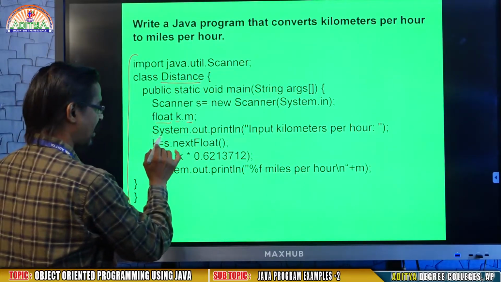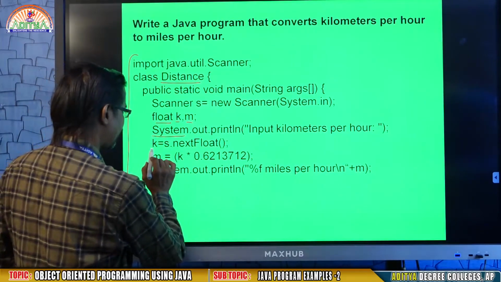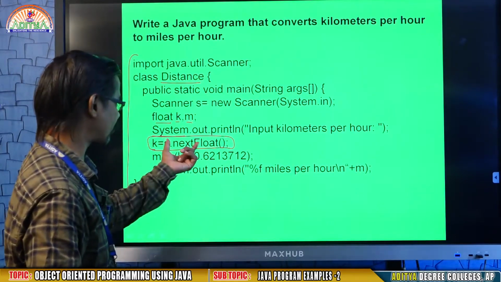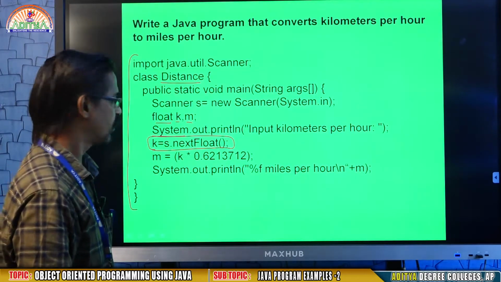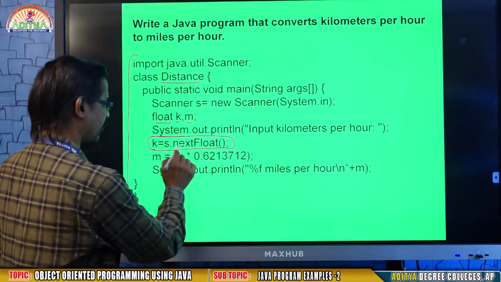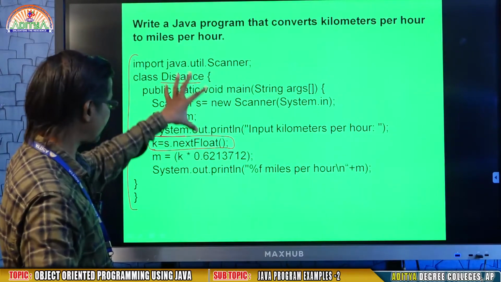These are the identifiers, okay, and the entire line is called a statement, that is the expression statement, okay. This is called the output statement, okay. This is called the input statement. So everything is in your program.